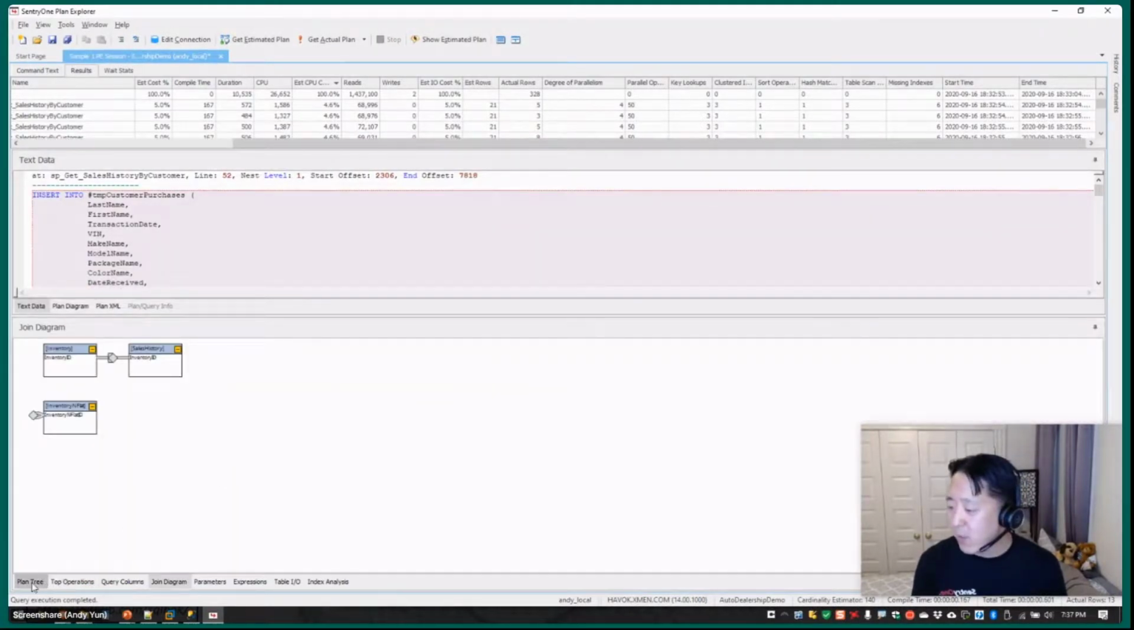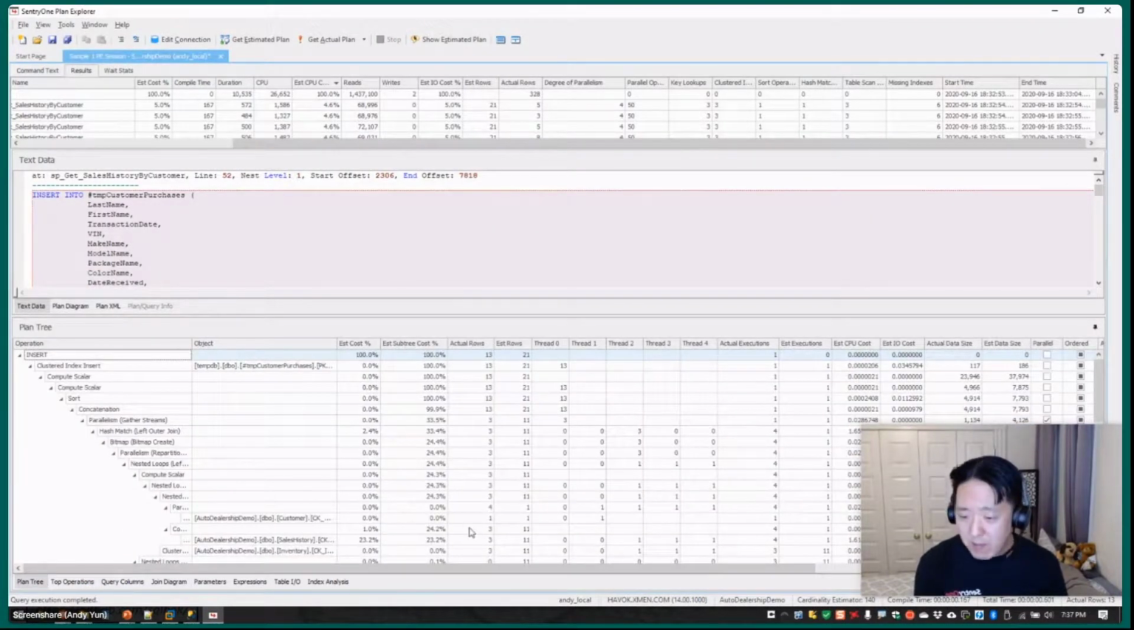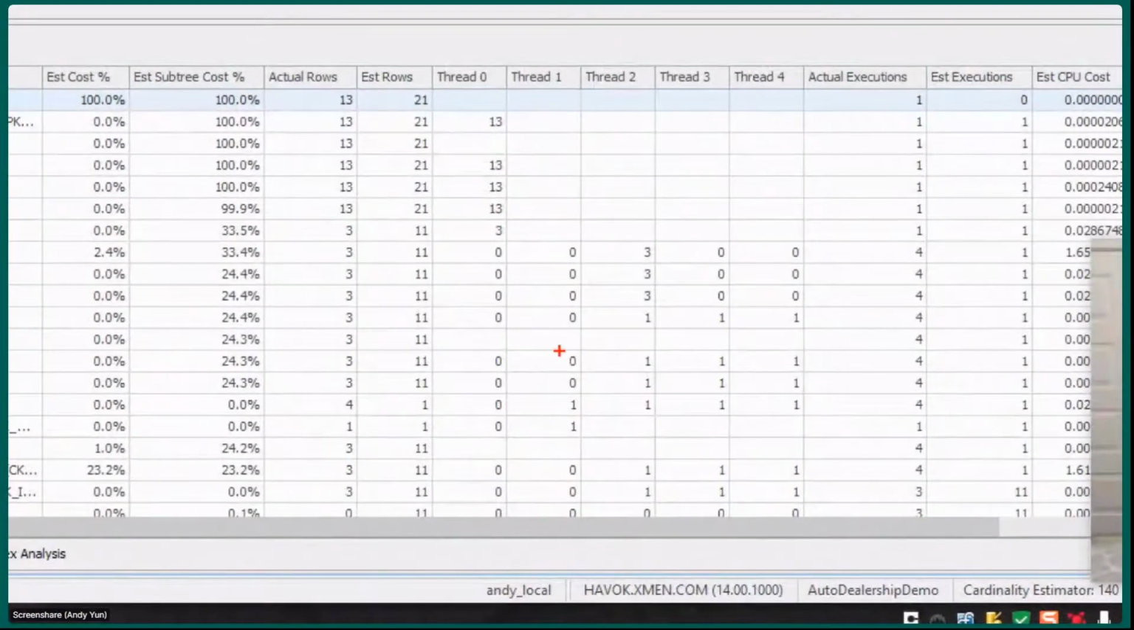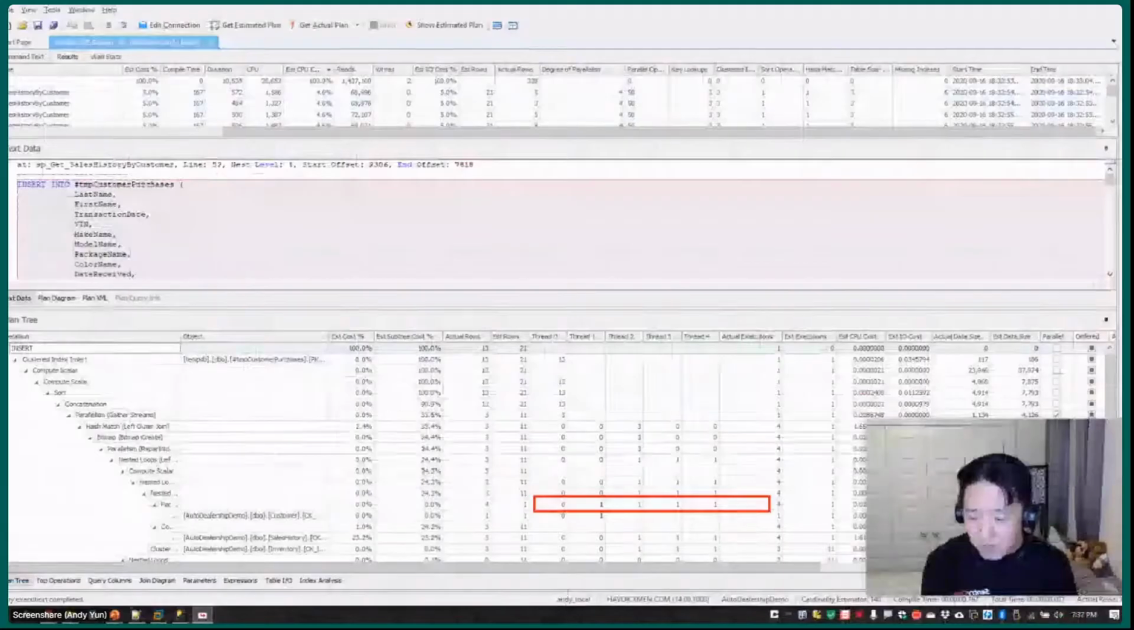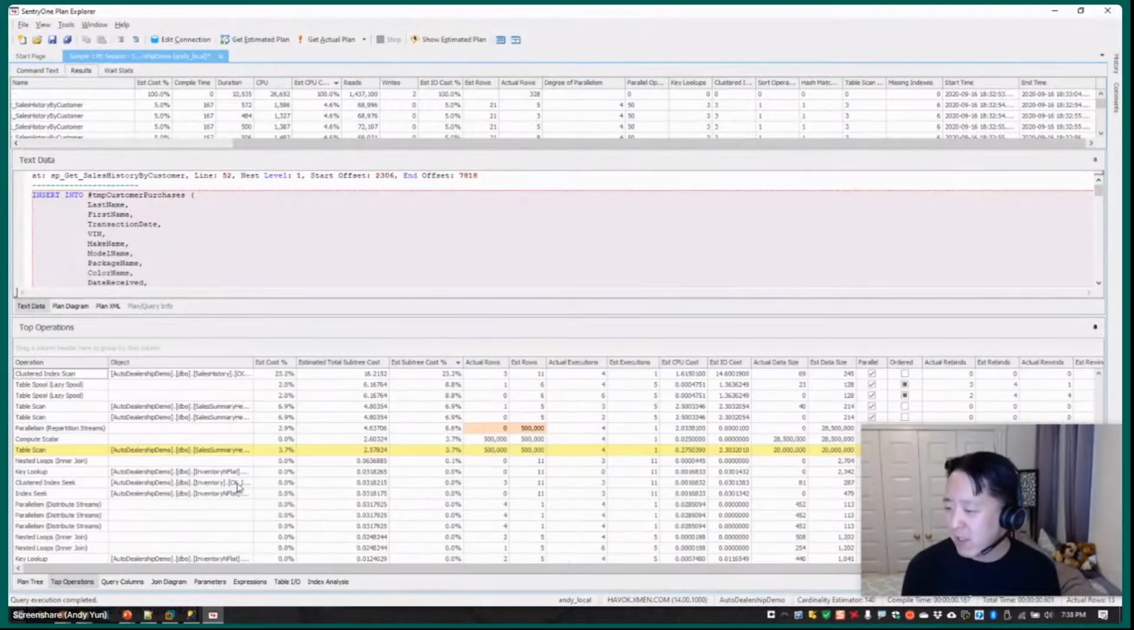So remember, I can go back down to the plan tree, for example, and get a sense of how many records we pass around to each of the different threads. 0, 1, 0, 0, 0, 0, 1. So it's definitely balanced, but these are really tiny numbers. Is this really a scenario where it's worth going parallel or not? Hey, wait a minute. So this is where I'm going to now want to dive into top operations and double check